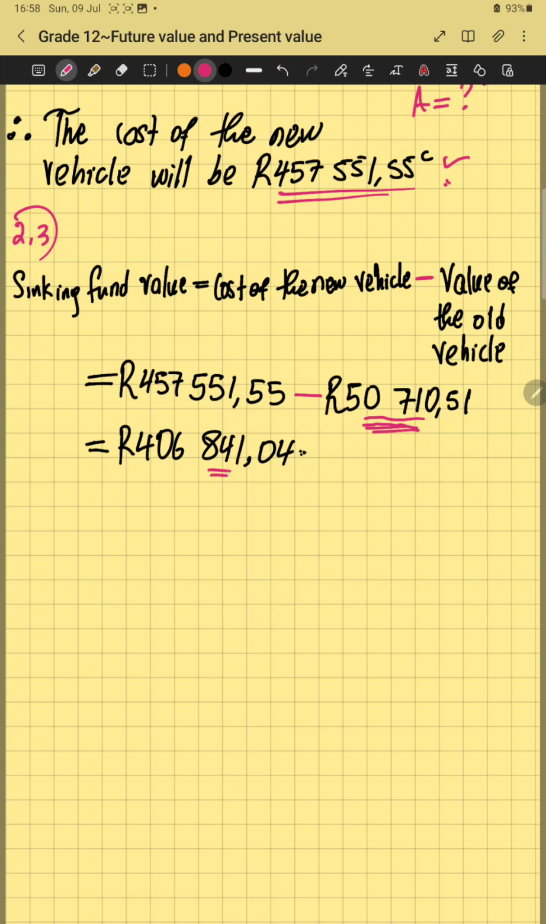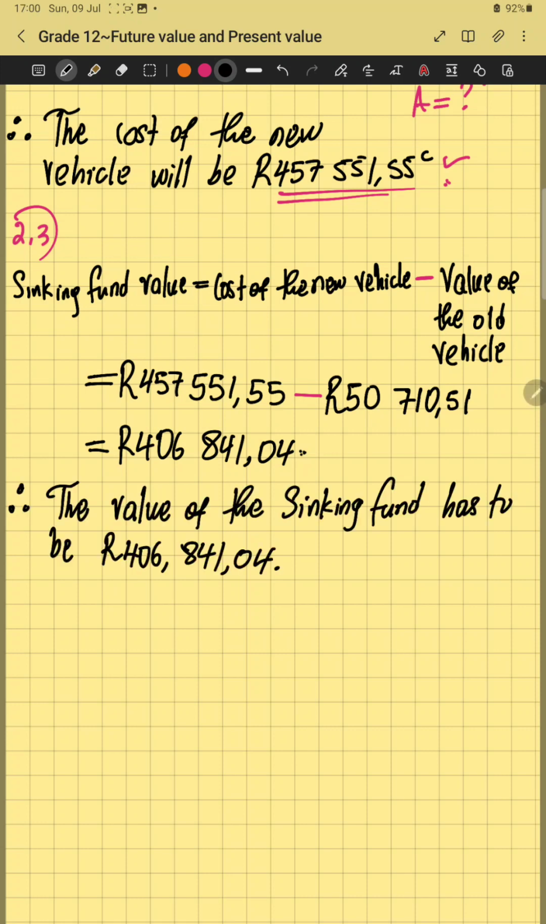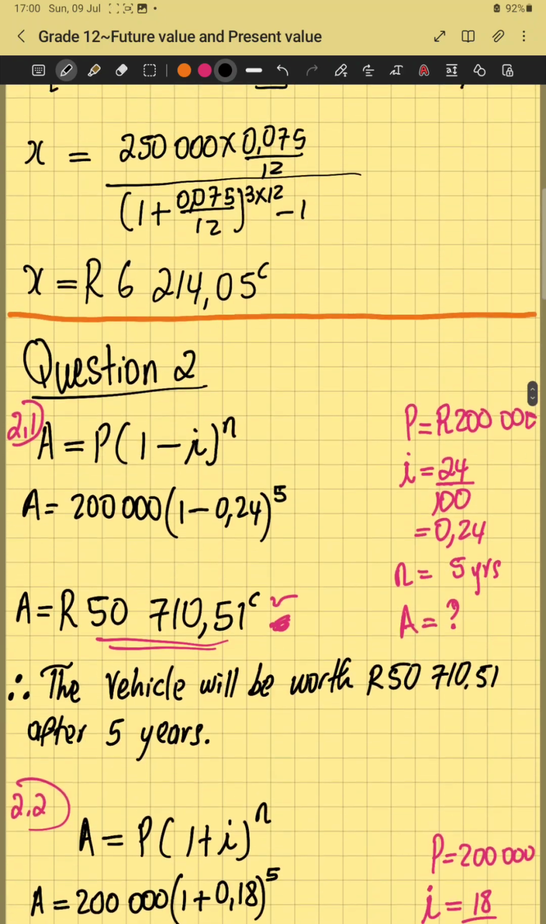Okay, and then because this amount, 406 plus 50, is going to give them 457 to buy the new one. So that means from the 50,000 they need to contribute up until they have 406 in the bank. Okay, I hope now it's clear. Then we need to write the conclusion from here. So now I hope you understand. Then we can just move on to the next question,